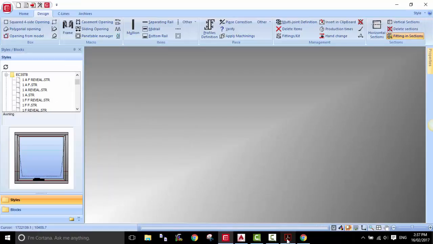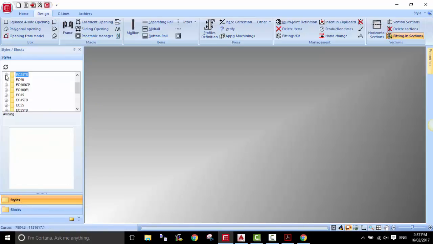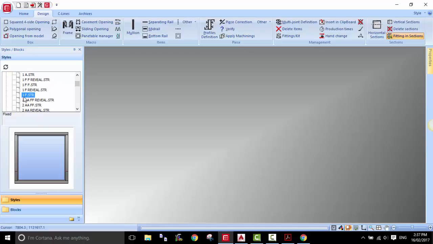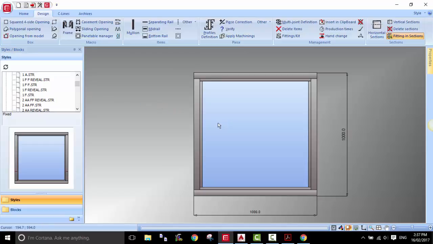For a fixed window, say if we're only building single panel, square four-sided windows, you can go to the styles folder, and then click on this little plus icon here to open up the drop-down menu, and then go through for one fixed panel. That's one wing fixed. You can either double click on this or simply click and drag it onto the screen. So there it is. We have the fixed